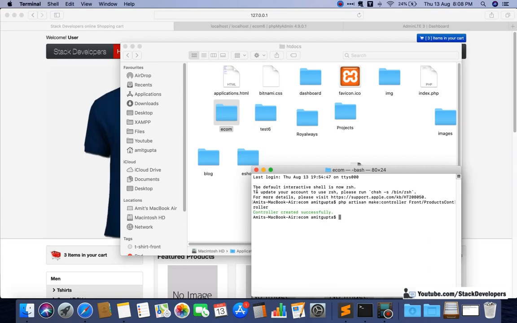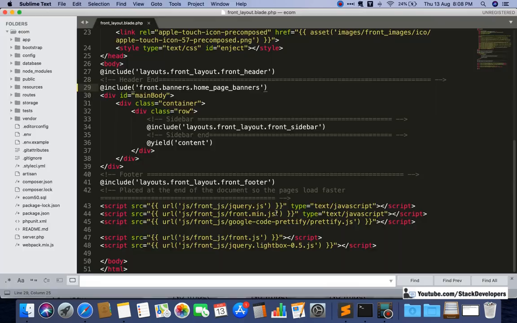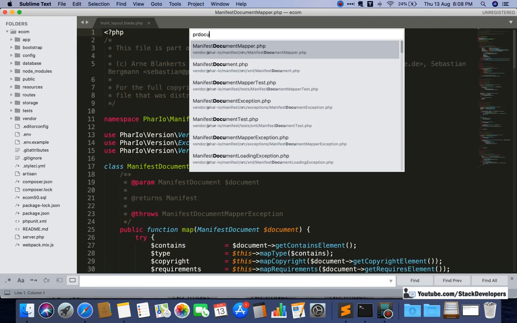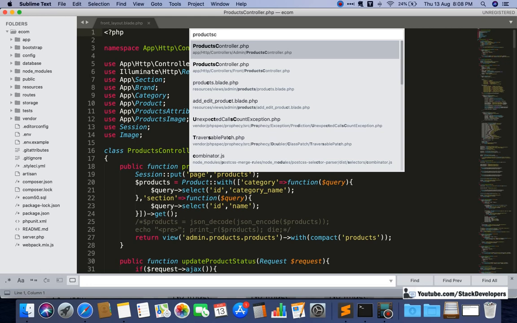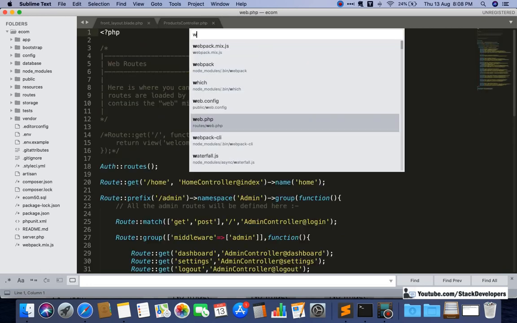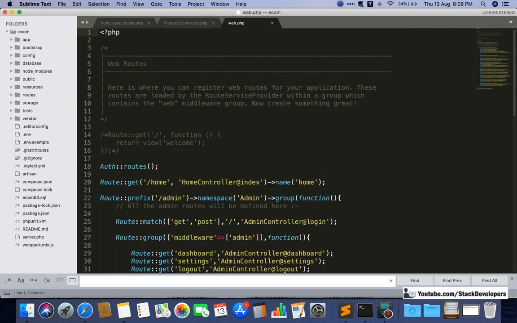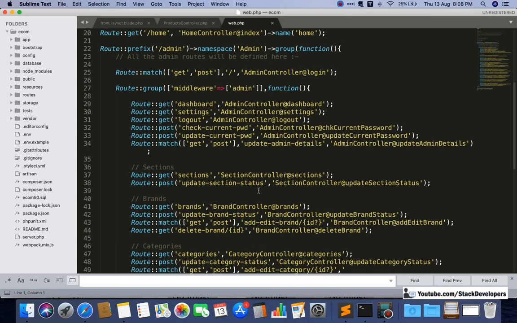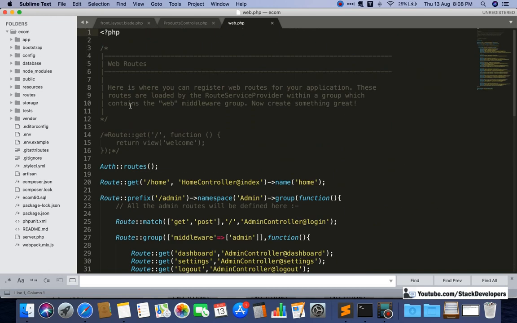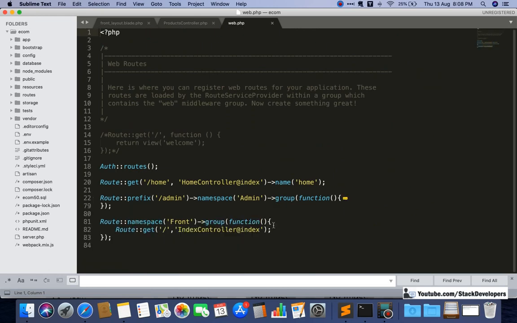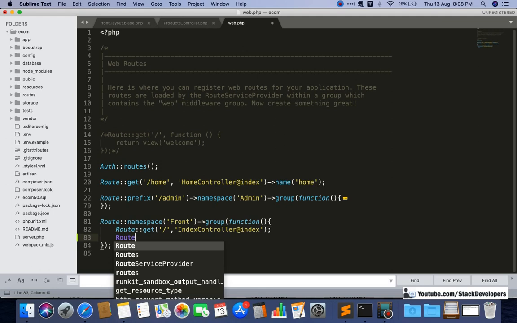So after creating the products controller, we are going to create the route. I will check once that the products controller has been created, and I will also check the route. In route, I am going to create the route here in front part, like we have created the index route. Same like that I am going to create the listing route, but I am going to update the route in future videos.